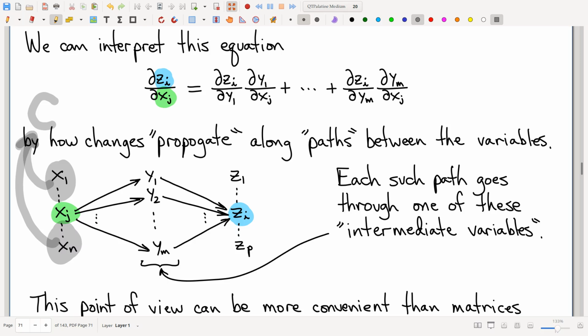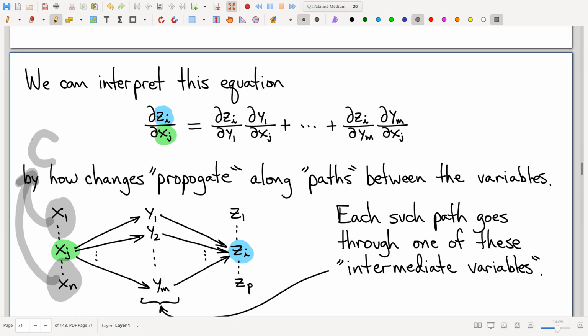Right, so all of those variables are constant, just xj changes. And now let's just think about what happens here. I mean, this is kind of play along. When I change xj, there's a bunch of things that are going to happen. All the y variables are going to change as a result, as we previously noted. But in particular,